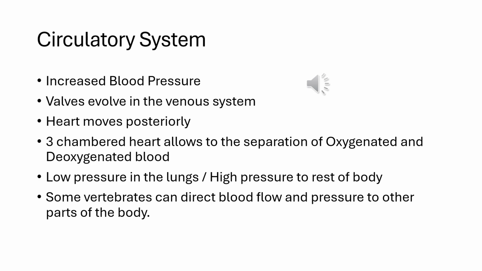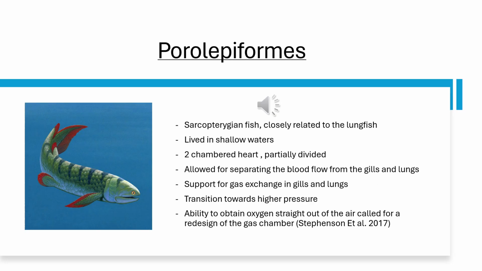The low pressure is happening in the lungs, while the high pressure is occurring to the rest of the body. And even some vertebrates can direct blood flow and pressure to other parts of the body. So when we look at the early vertebrates and how their heart and cardiovascular system changed, we can look at the porolepiforms, the osteolepiforms, and also the opisthosteigids, and we see that they're sarcopterygian fish, closely related to lungfish, and they lived in shallow waters with a